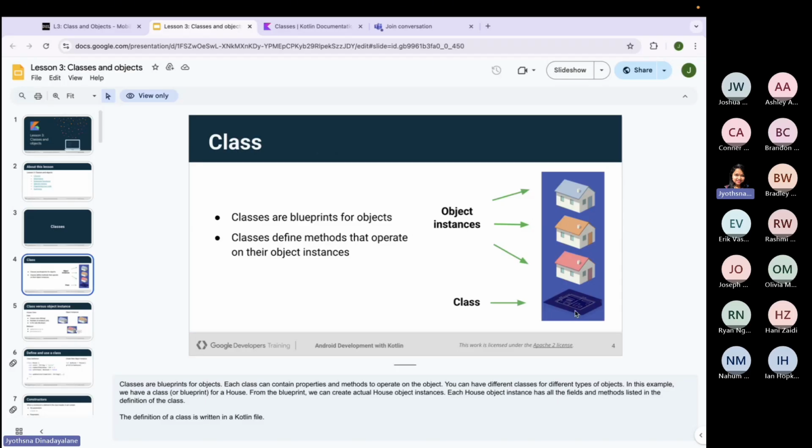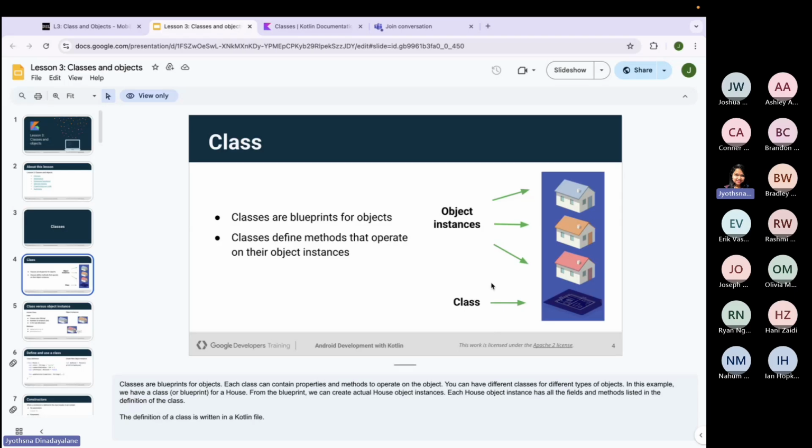This is a very good example where you can see this is a blueprint, meaning you know where in this house the family room is going to be, where the kitchen is going to be, and we are following the same blueprint to build all these houses. So this is a class and these are objects. Whenever I use the word instance, that is nothing but objects. So every class has many instances or objects,